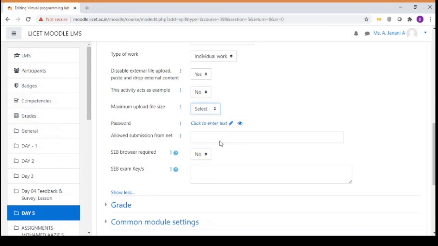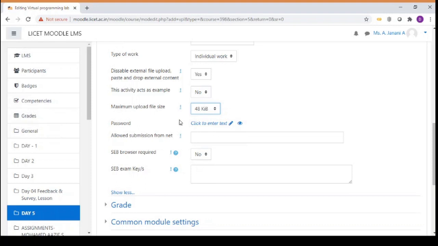Okay, and file upload size. You can have restrictions on the size of the file to be uploaded. The main reason to have a maximum file upload size is sometimes the programs may execute with the shorter lines of code. That is, within very few lines of code, the program would be able to run. So some students would be using multiple lines of program, that is a longer program. So to restrict that, you can have a selected file size.